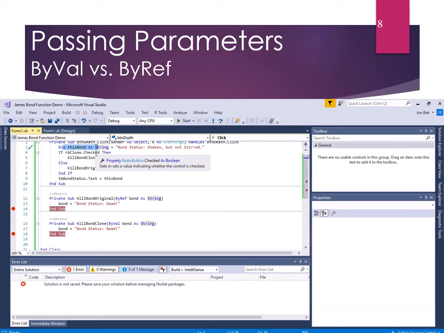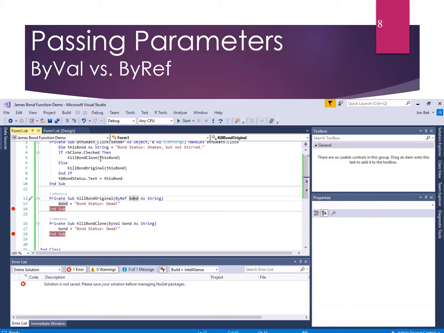So it's like having multiple people in the same classroom named Pat. Okay, it's totally okay to have multiple people named Pat. We can keep track of them because the teacher knows that there's a difference between Pat, who has one student ID number, and a Pat who has a different student ID number. Local variables don't interfere with each other. So we could call them all bond, okay? But